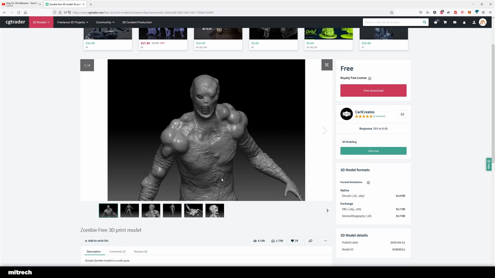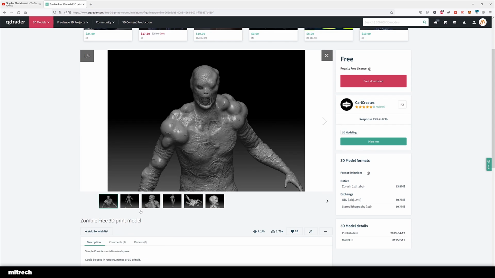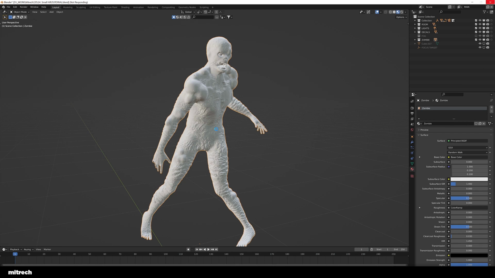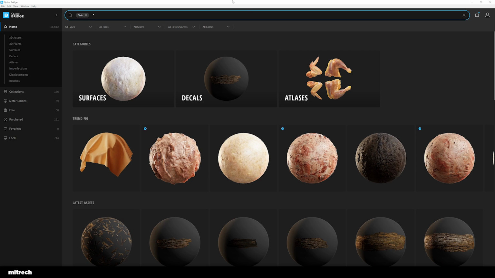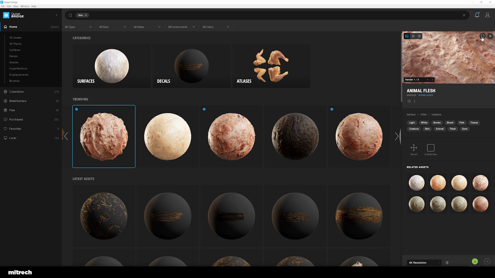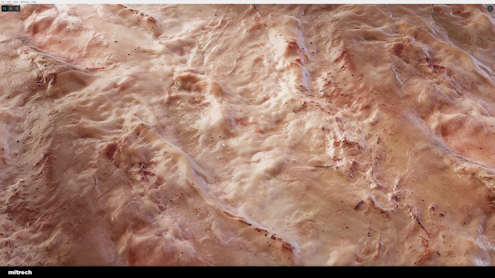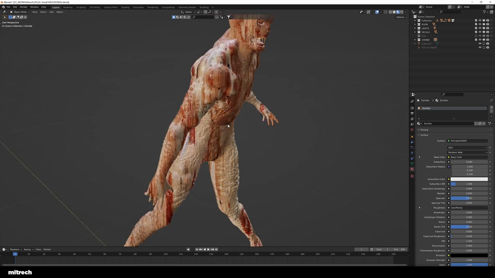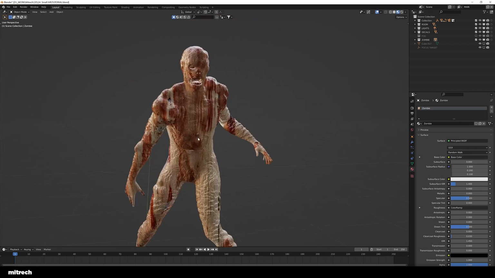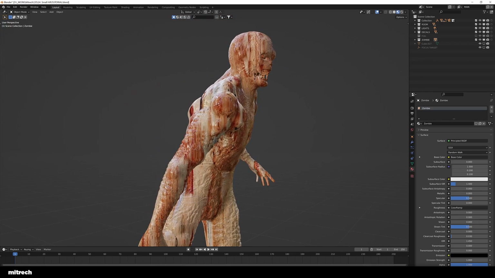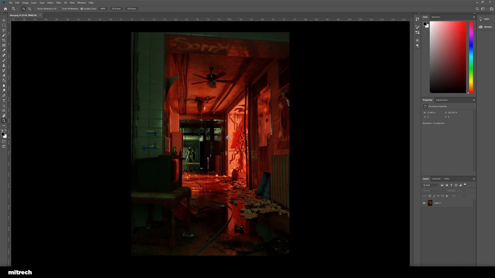Alright, so this nasty, ugly looking guy is something I've gotten off of CG Trader as well. It's a free asset coming from Carl Creates. Check it out. I didn't need anything really complex or specific, because this guy is going to be sitting in the back and you're not going to be able to see that much. It didn't have a texture, but I didn't even care because you're not going to see him up close. So what I went ahead and did was take some gross, bloody skin texture and just slap that on this guy, right? As I said, I don't care if it's nice looking, I just want to have a bit of detail in that. He's going to be in the back, you're not going to see him.